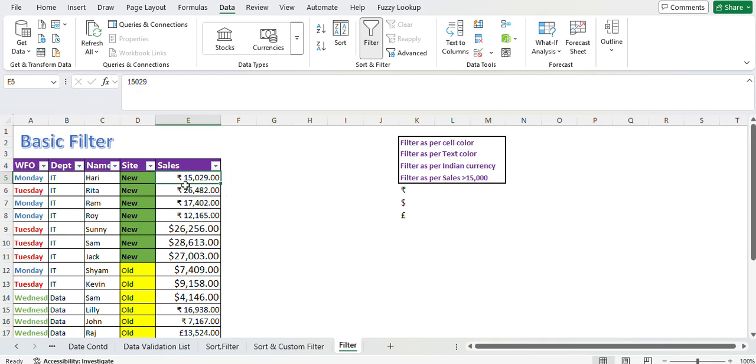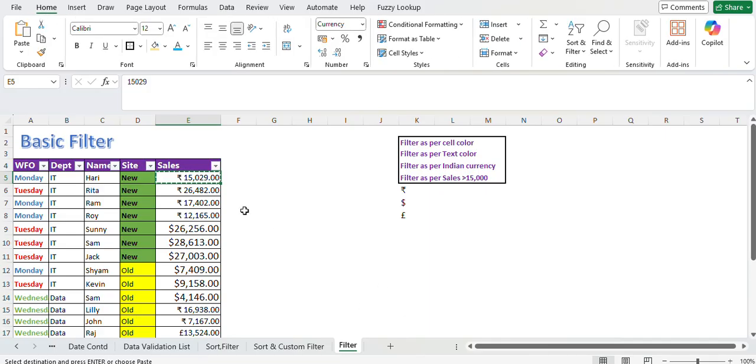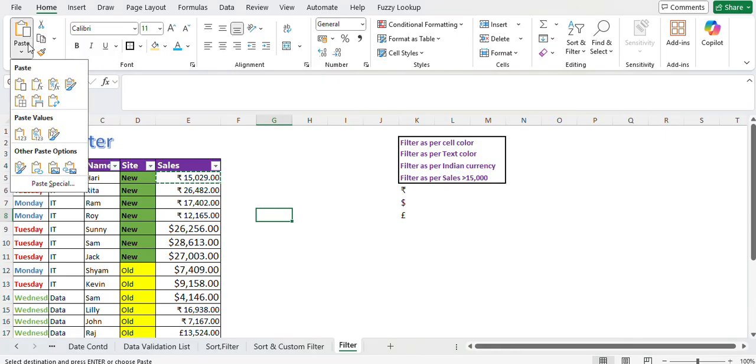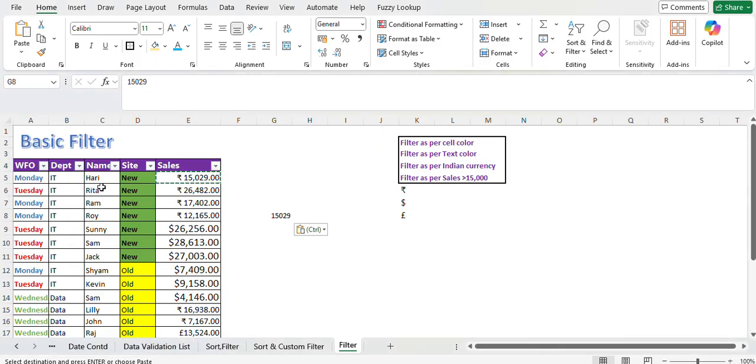Before that, you can see this one is currency. If I copy and paste somewhere else using paste special, I want to paste only the value, so the value will be without the symbol. Why? Because that's the currency and number format, so only numbers will be pasted, not the symbol. So to separate that symbol from this